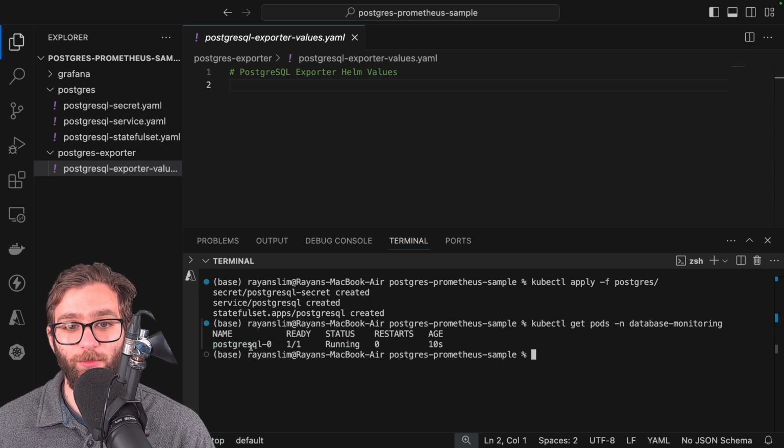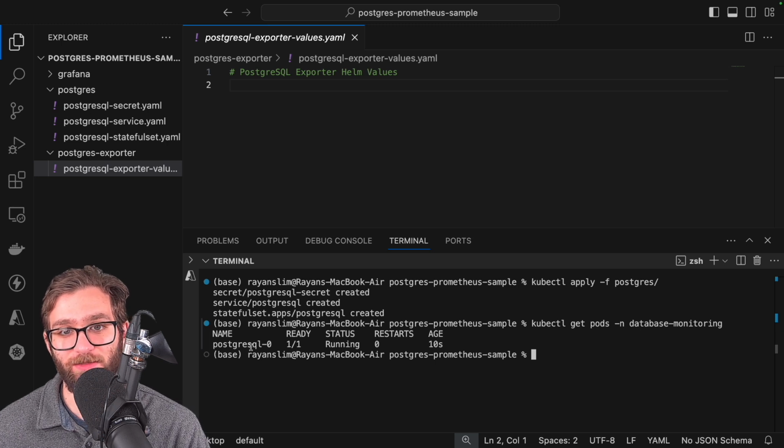Well, if you took my Kubernetes course, which if you haven't, I highly recommend that you do, link is in the description, you'll know that Helm streamlines the deployment of very sophisticated software, in this case, the PostgreSQL exporter,